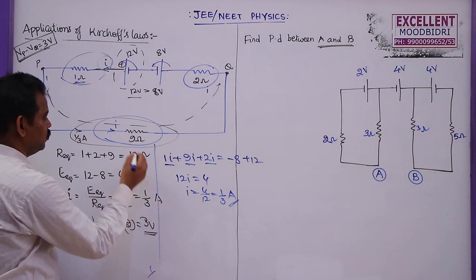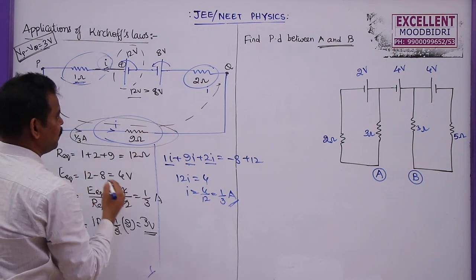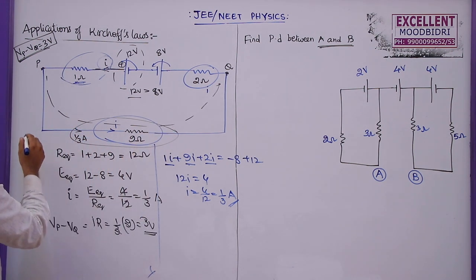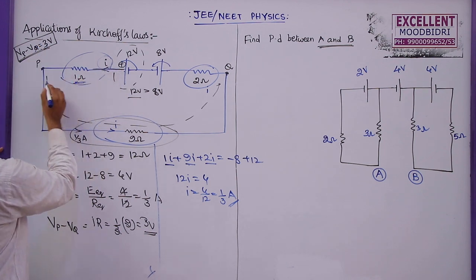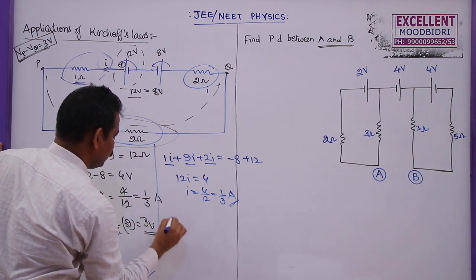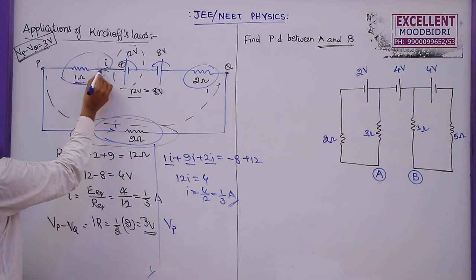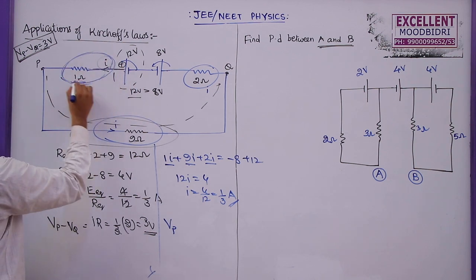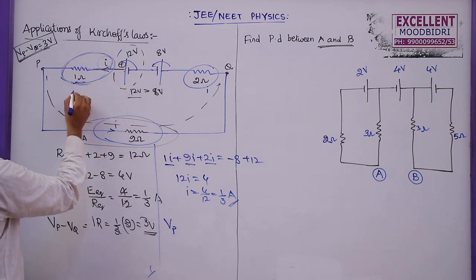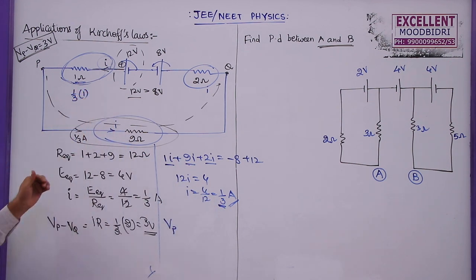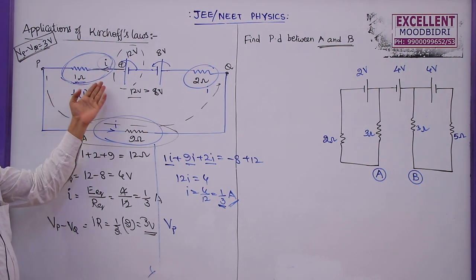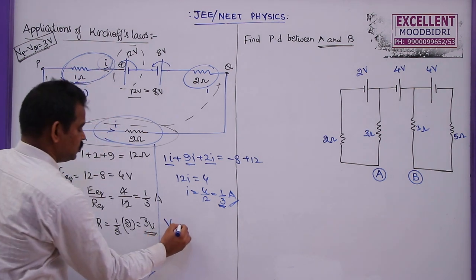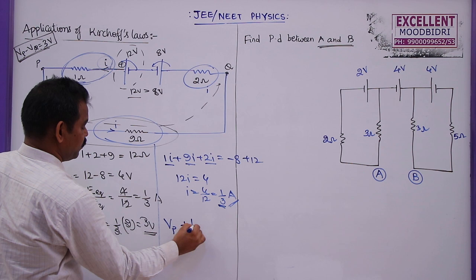Once you get this I value, then you can find the potential difference between these two. Or you can write, as we want Vp minus Vq, here current is moving in the opposite direction. So Vp, as you are moving from here to here, current is opposite. The potential drop will be I into 1. I is already, I got it as 1 by 3. So this is 1 by 3 into 1. This is the potential drop. In the previous case, the potential drop I have taken as negative. Here this potential drop I should take as a negative of negative. So this is positive plus 1 by 3.